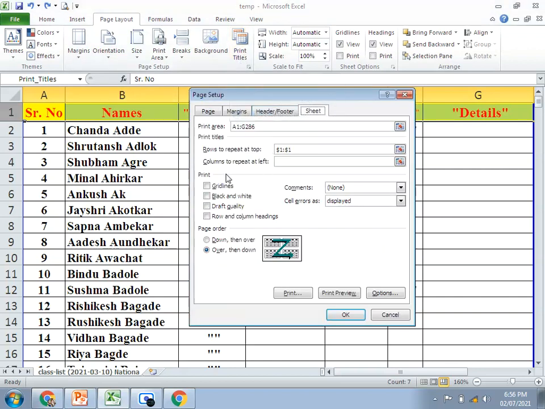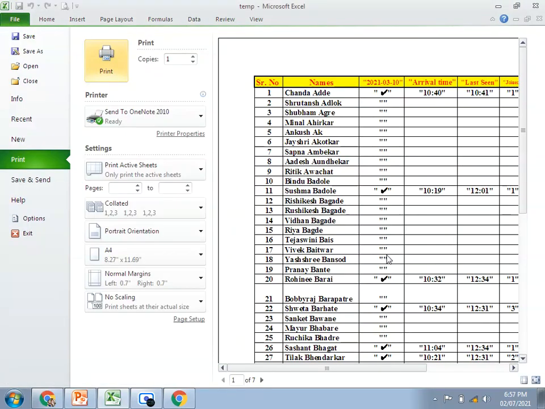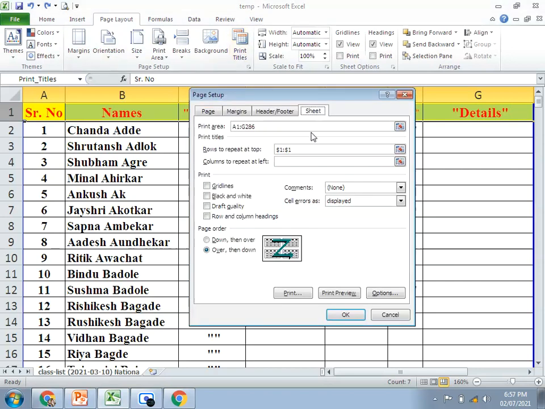Similarly, we can set columns to repeat at each page, but that is useful only when we are using the page in landscape. So in this case we will set the rows, and with the help of the print preview we will see what settings we are going to apply.